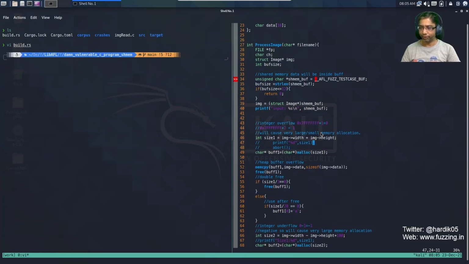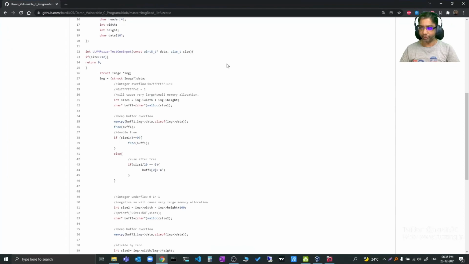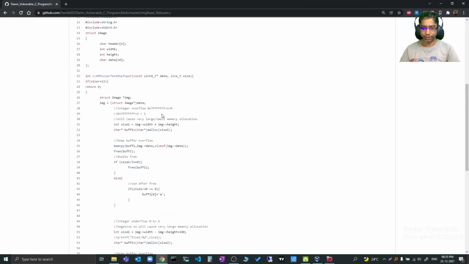So you will notice that instead of image dot width, I am using image arrow width. This is because it is a pointer to a structure, and to access any member we need to use the arrow instead of a dot. If you are comfortable with libfuzzer, you can copy this code from here.